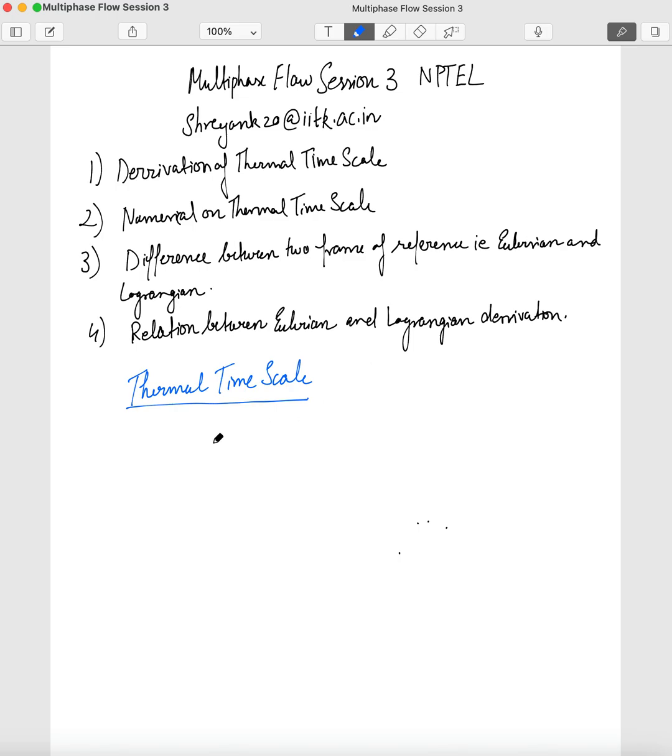The thermal time scale is defined similarly. The thermal time scale of a particle